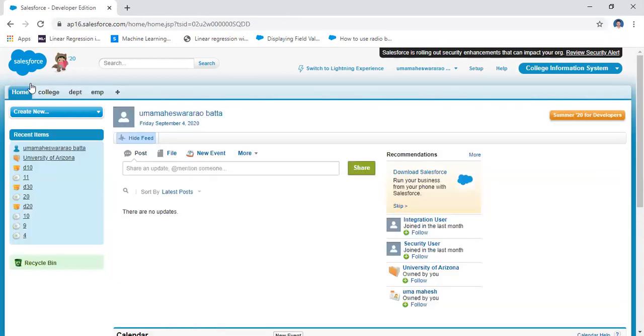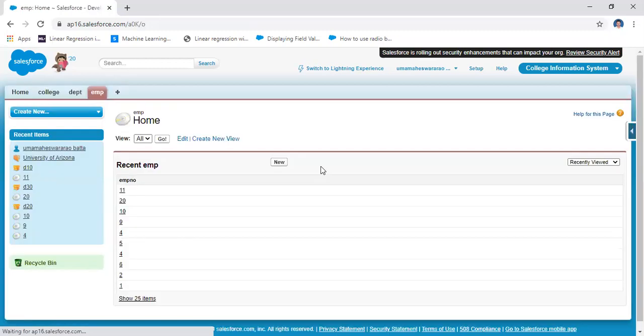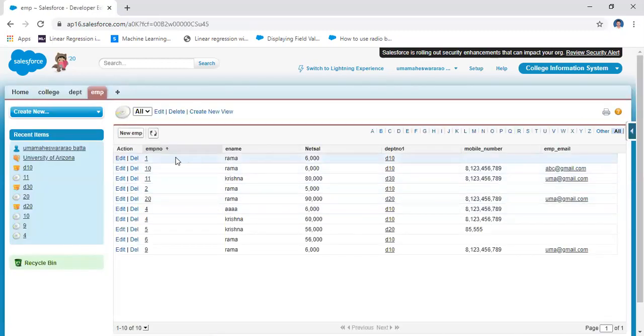In the College Information System, College is one object, Department is one object, and Employee is another object. Different objects are there. In Employee, there are employee number, employee name, net salary, department number, mobile number and email address also.